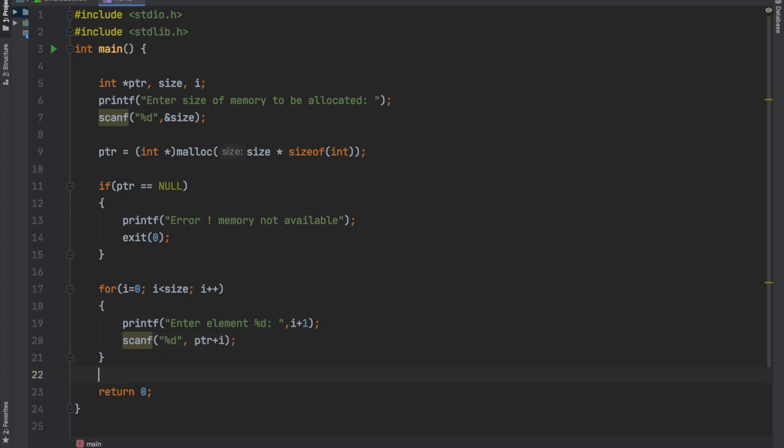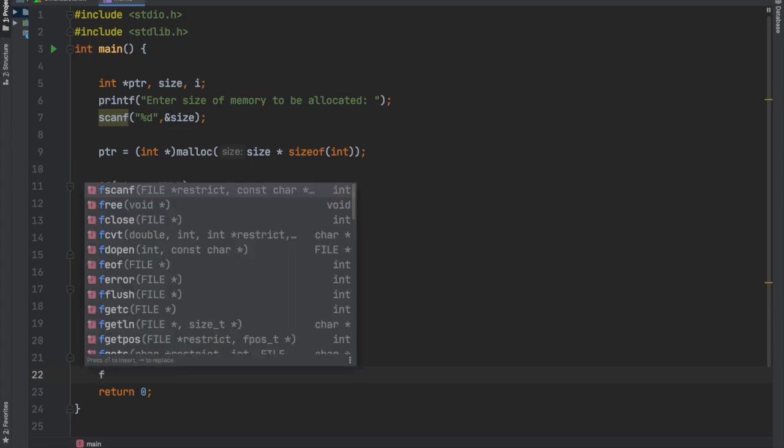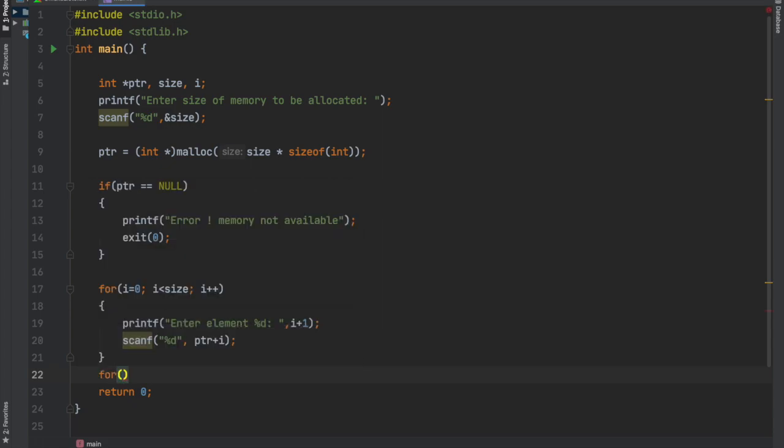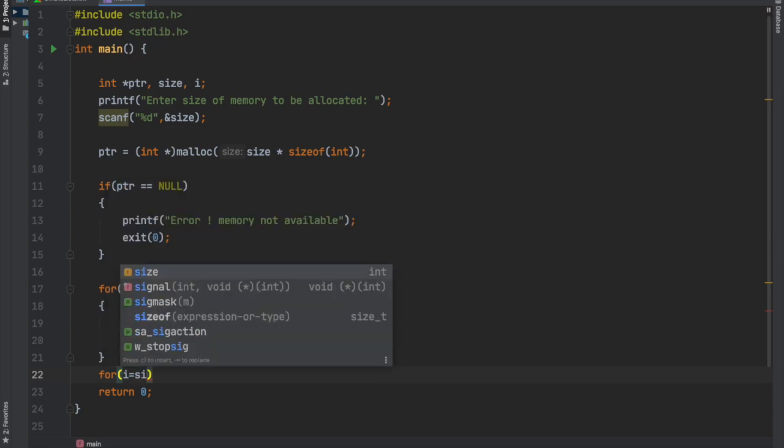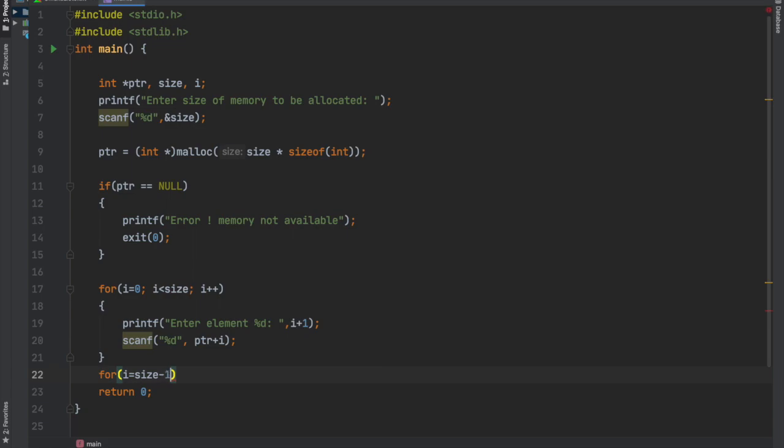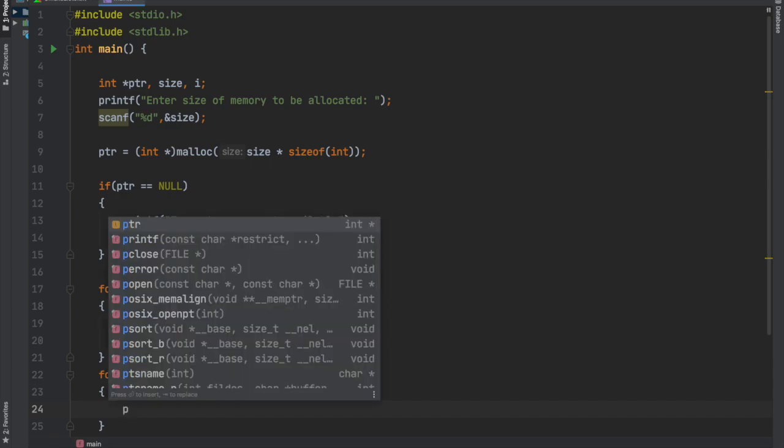And after this we are now at the last part of this program and the most important part. So again I'll use a for loop here, inside which the value of i now will start from size minus 1, since we are going to print the values in opposite order, so it should start from this. And when the value of i will be equal to 0, then we'll simply terminate it, and after each iteration the value of i will decrease, and inside the for loop we will now print all those elements in opposite order.